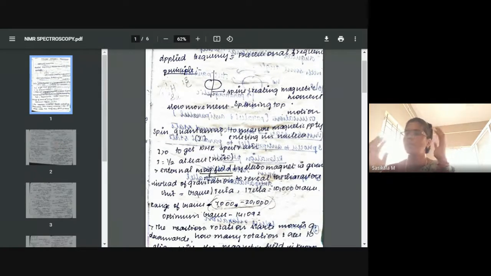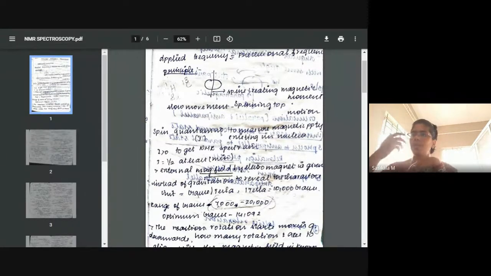So however many megacycles per second the nucleus rotates, that many cycles will be in equilibrium, or resonating, with the applied frequency. The applied frequency also has many cycles per second, radiation waves in the form of megahertz. So when the precession frequency resonates with the applied frequency, what happens? The NMR spectrum appears. It goes from ground state to excited state after absorbing energy.